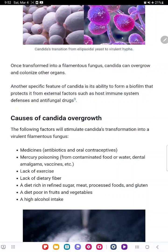So this article, I really like this article, because here we make a good point. Again, once transformed into this filament fungus form, which is the hyphal form, we start realizing it will start colonizing our organs, start trying to dig into our system. And I must say, from what I've been reading, it also starts playing around with the DNA of our regular cells, because these parasites actually have a structure similar to human DNA. So it's not too clear, but it seems like the ability for it to mutate our DNA would point to its power